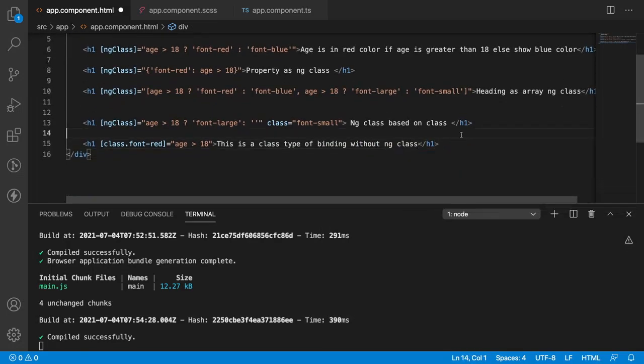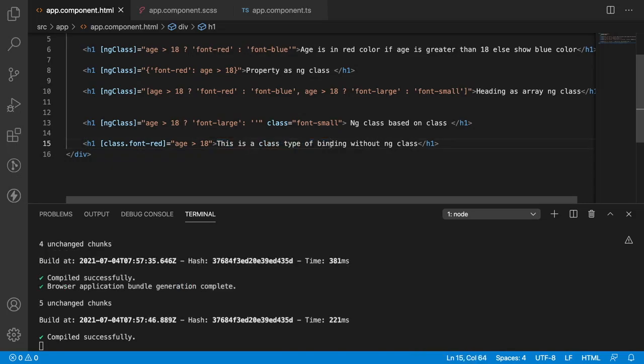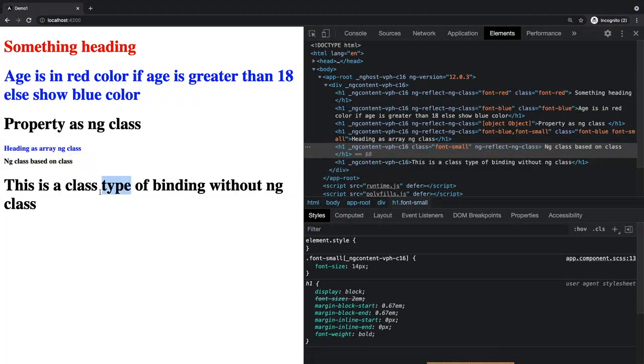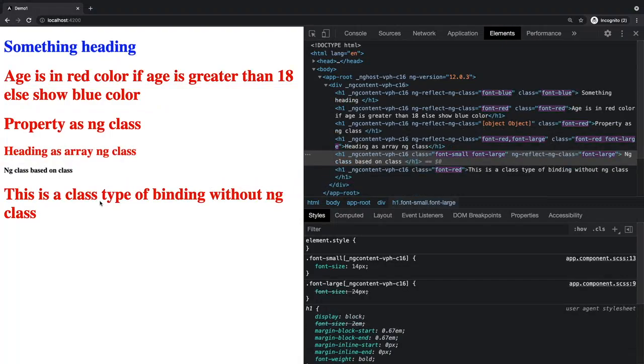So let me save this. So first time age is 18, so it is not greater, so it will be in black color. After 5 seconds, the age will be 25, so it applies the font-red and it will show this in the red color. Let me save this. Go back. Now it is in black color, and after some time, it has been applied with red color.